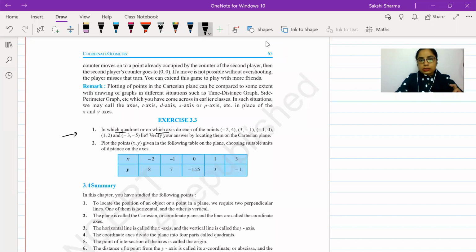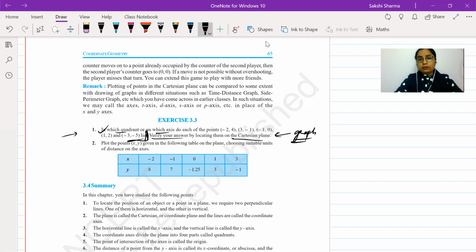Couple of things. So you can either plot them first in rough and then answer, or you can look at the signs of the coordinates of the point and then answer. Later they are saying verify by locating them on a Cartesian plane. So this one is to be done on the graph. But अगर exam में question आता है सिर्फ यही वाला first part इतना आता है तो आप rough में plotting करके answer कर सकते हो. You don't have to do it in fair. You could do it though, but it takes time, so you don't have to.